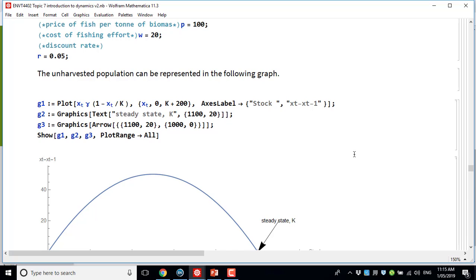So we're just using a difference equation to represent the stock, and we start off in this introduction looking at the traditional fisheries economics and fisheries biology model of the 1950s, which is called the Gordon-Schaefer model,